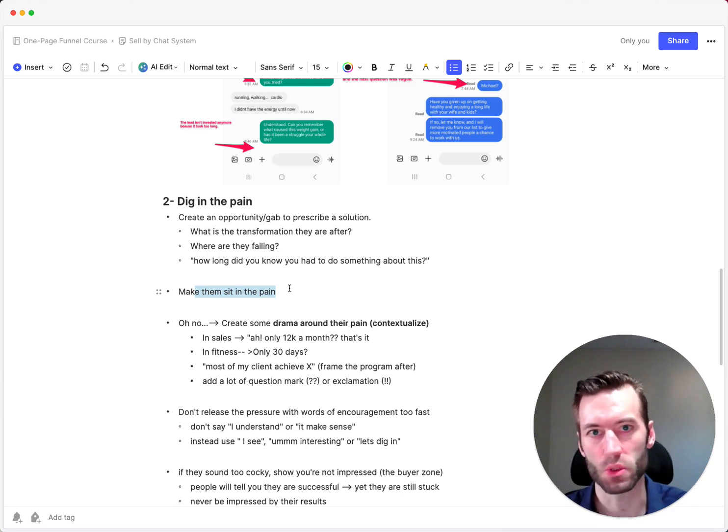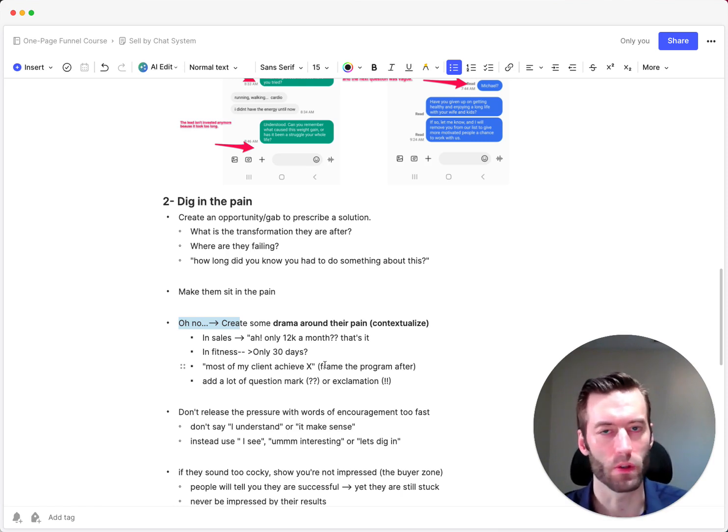Whenever someone replies to you with their problem, saying I have like 50 pounds to lose, I'm overweight, they don't use the information. They just say, oh, I understand. Totally admirable. Yes, that's fine. Instead of building the pain, saying a phrase that I like: oh no, 50 pounds? Like showing them that there's some drama here. It's severe. You're trying to contextualize their situation so that they understand, oh yeah, I need to change. Like I should not be in this situation. And that's why they're coming to you.